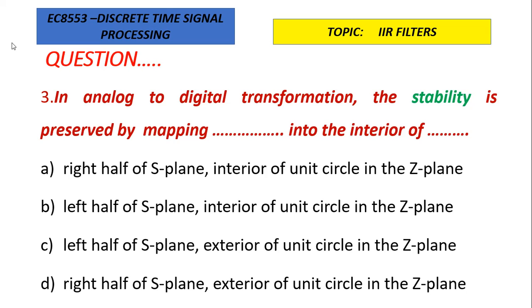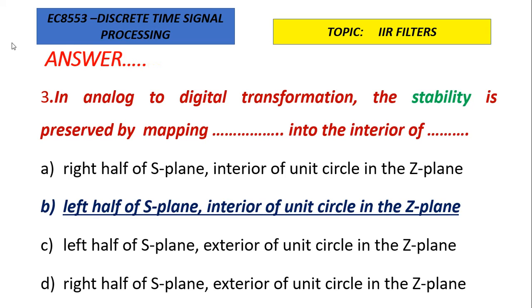Third question: in analog to digital transformation, the stability is preserved by mapping dash into the interior of dash. In digital filter design, once we are designing a filter, that filter should be stable. To maintain stability, what is the mapping we should follow? We know that for analog to digital transformation, we are mapping the S plane to the Z plane. For that, the left half of the S plane should be mapped into the interior of the unit circle